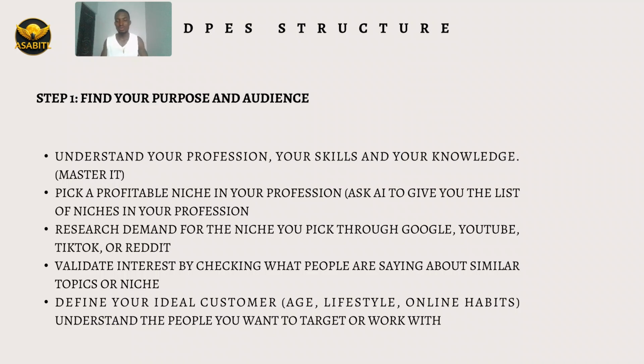Then define your ideal customer. Now, you know what you want to do, you know everything. Now it's time for you to define your customer and say, who are the people I want to pay attention to? Who are the people I want to serve? Who are the people I want to train? Who are the people I want to give my product to? Who are the people I want to sell to? Who are the people I want to solve problems for? You understand? After you define that, you see their age, their lifestyle, their habit, their behavior, what do they love doing? All those kinds of things are going to help you later on, because if you find out all these things from the beginning, at some point you're going to use it to help yourself in running advertisement that will bring much more traffic to you.